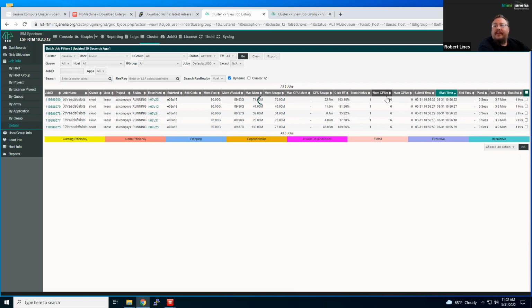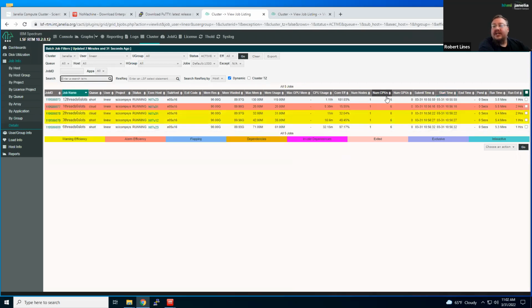Unfortunately, because LSF and the tooling around it are generic to many, many different sites, sometimes terms are overloaded or conflated. In this case, the number of CPUs is actually the number of slots. So all of our jobs here requested 6 slots, and by default,